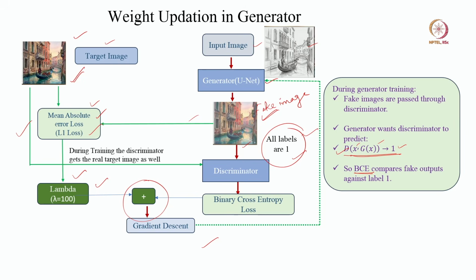So, label 1 is there and the fake images are there, and then the binary cross entropy happens here. Okay. So, that is the reason all labels are 1. I have kept it here. Okay. So, the total generator loss is the binary cross entropy loss plus lambda times L1 loss. Now, this lambda value has been taken as 100 here to give more importance to the pixel by pixel difference between the fake image and the